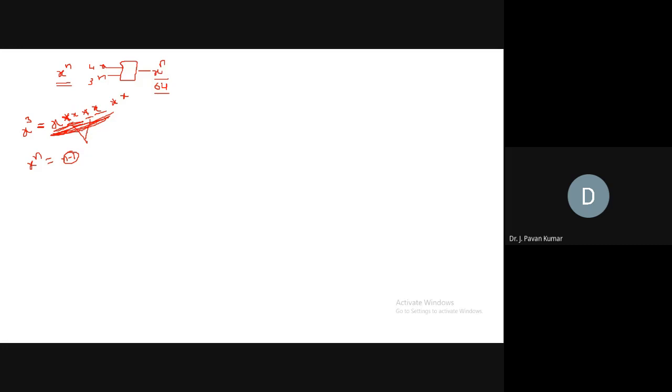Okay, so let us consider x cube. First we will calculate x multiplied by x. This let us consider as a product, and you will multiply this with x. Next time, x power 4 means this entire thing will become the product and you will multiply this with x. Next, x power 5 means up to this one will become the product. Next we will multiply this with x.